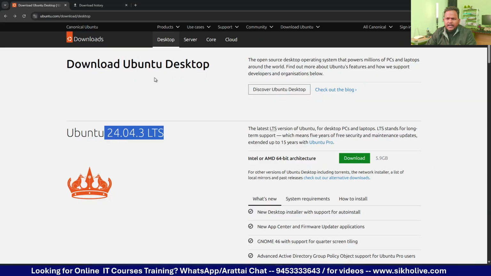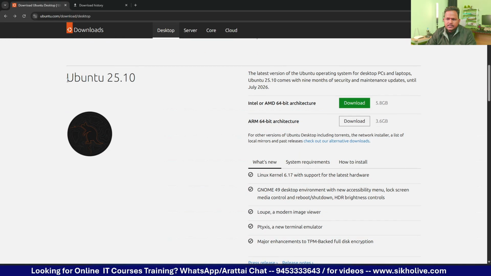Let me explain everything, like what is Ubuntu and how to install it for free and how to download it, how many versions there are in Ubuntu and everything. This is my screen, and here I'm going to download the Ubuntu desktop. I'm going to download the latest version like this. This is the latest version, which is Ubuntu